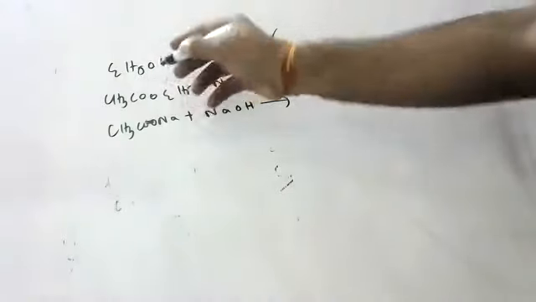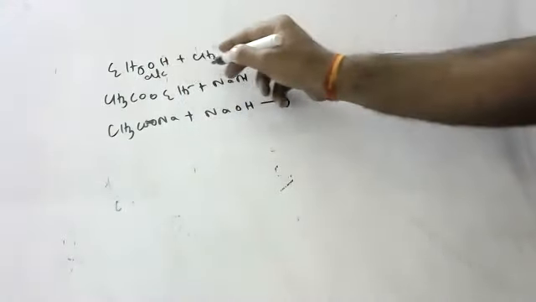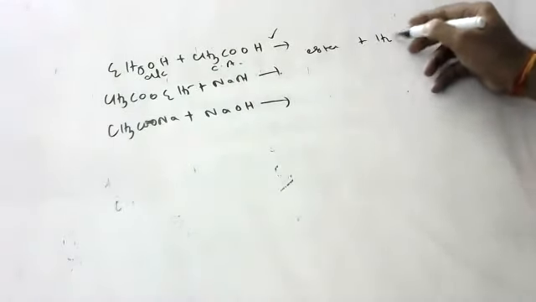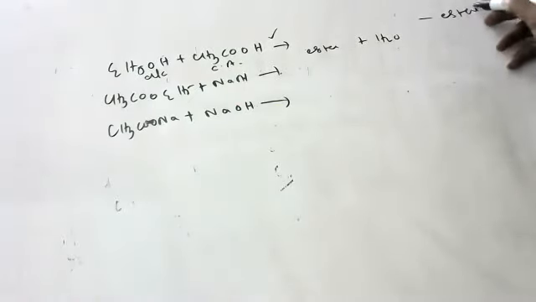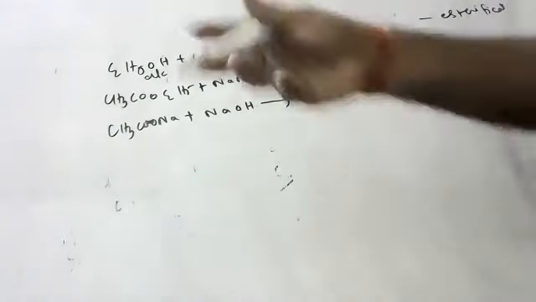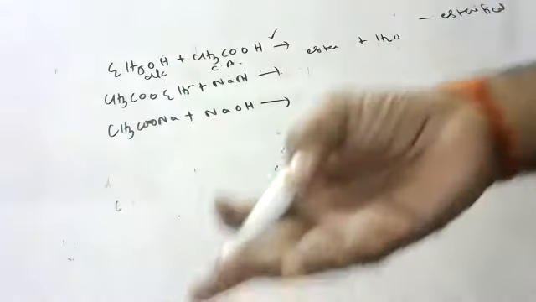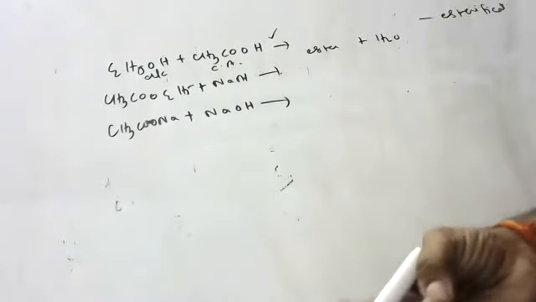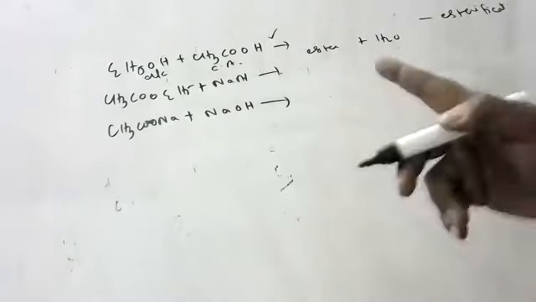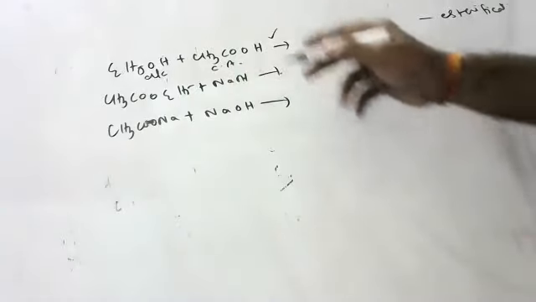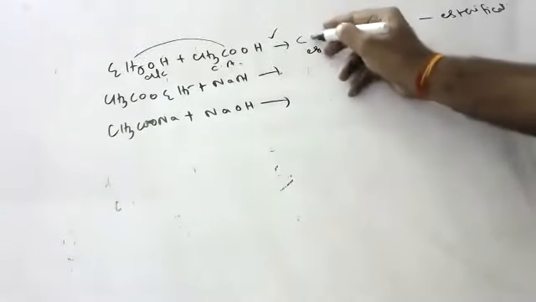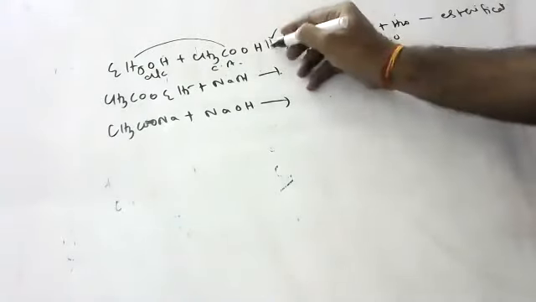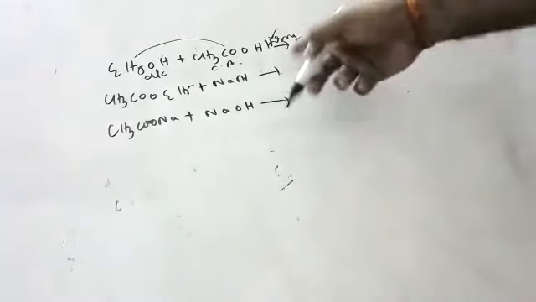Alcohol plus carboxylic acid gives ester plus water. This reaction is called esterification. So what do you get, children, in esterification? You get CH3COOC2H5 plus H2O, in the presence of sulfuric acid, which acts as a dehydrating agent and removes the